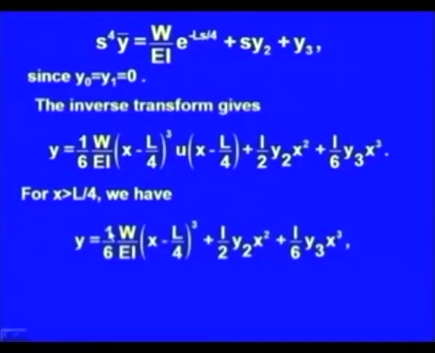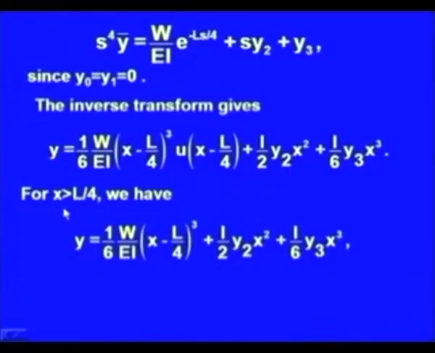Now, this is the deflection at any time t and at a distance x, where we still have to find the values of the unknown constants y2 and y3. So, for that we will have to make use of the boundary conditions at the end x equal to L. We have so far made use of the boundary conditions at the end x equal to 0 only. But we will have to somehow get rid of this unit step function in order to find the values of y2 and y3.